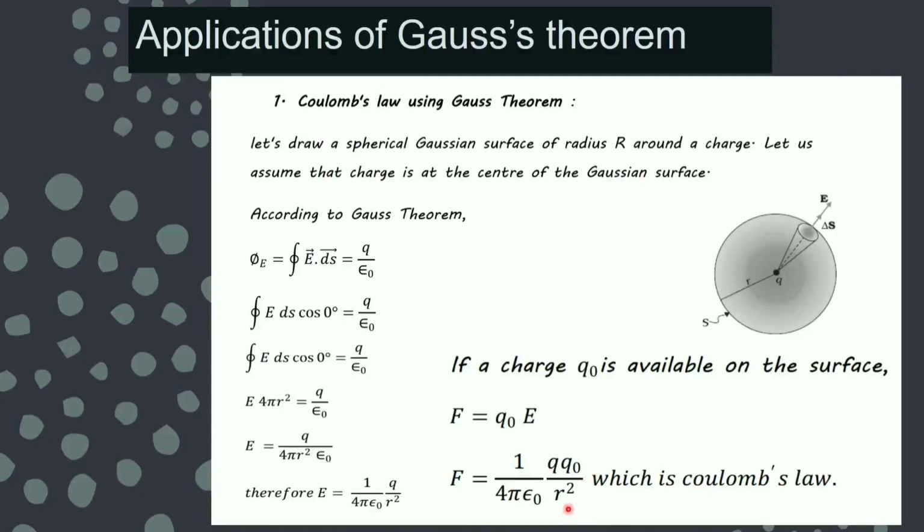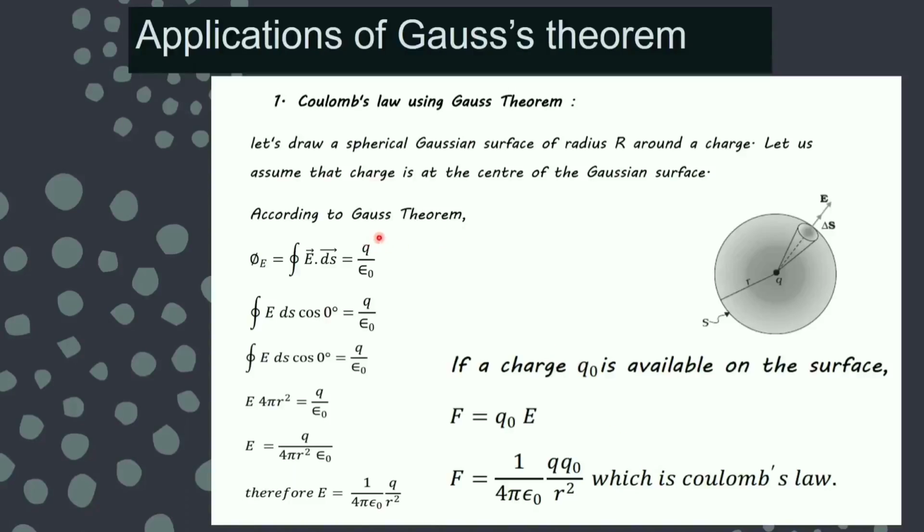This is again the Coulomb's law by the statement of Coulomb's law, and of course if I want to write the direction of the force, that will be again same as that of electric field. Force and field, they are acting in the same direction. So Gauss theorem is nothing but another way to write the Coulomb's law, or I can get the Coulomb's law from the Gauss theorem.